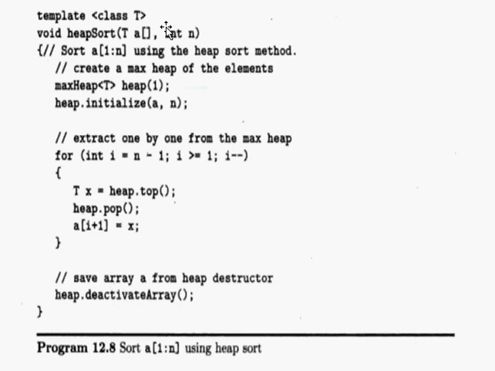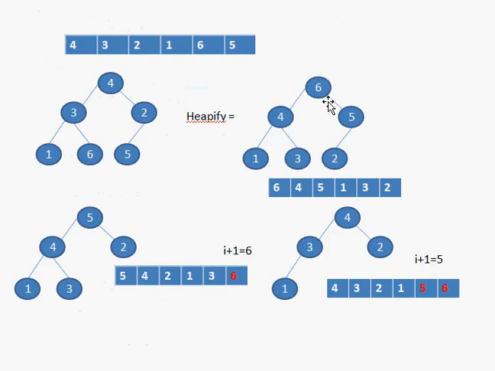So ensure that the array which has been pushed onto this sort is not active, or it is not enabled in this class. So we don't want the destructor function of the heap sort or max heap to destroy that. We require it, so we call deactivate array. The method deactivate array is not addressed here, but we can just ensure that it is used for protecting your array from deleting its content. So that's what the program is about. This program is very important, and while explaining this program, you can take one binary tree and explain how exactly the process works. Hope this is clear.